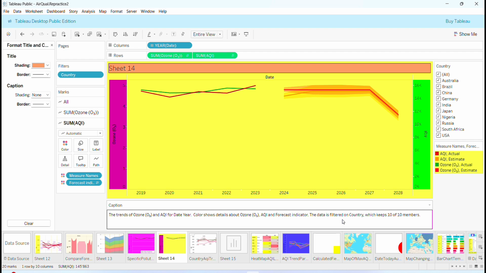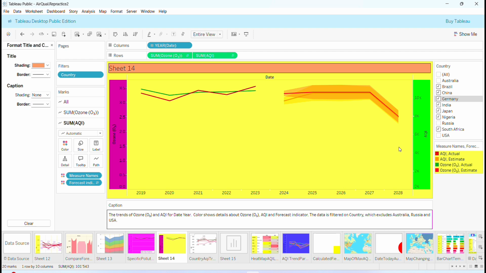The data is filtered on country, which keeps 10 members, you see. And if you select just some of them, they're going to tell you also in the caption straight which countries you have selected, which excludes Australia, Russia, and USA. So it's good sometimes to put also the caption. This is how I did our second